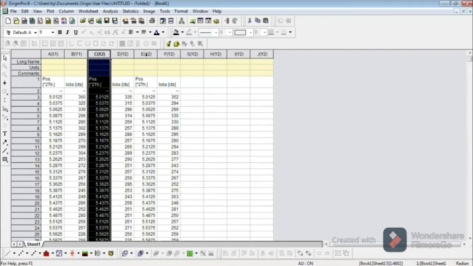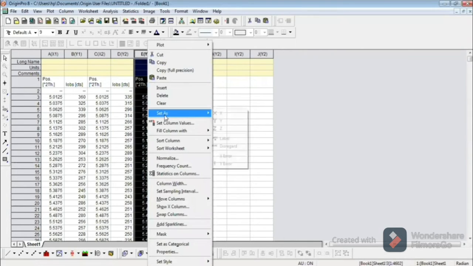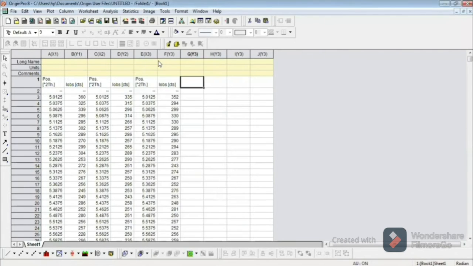Place the cursor at the top at the label of E, right click, and click set as x. Then we have x1 and y1, x2 and y2, and x3 and y3. So we can draw this comparative graph very easily.